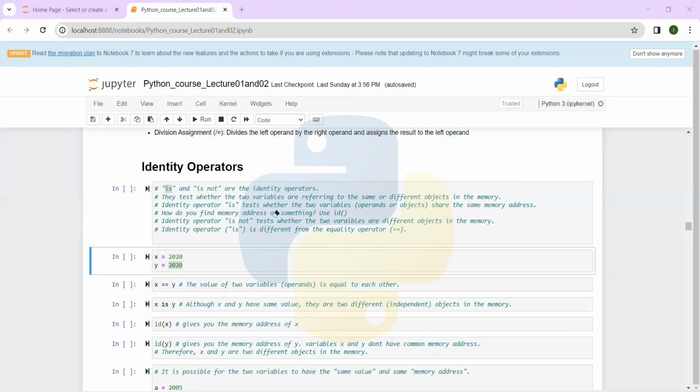So the ID function, what does the ID function do? The ID function gives you